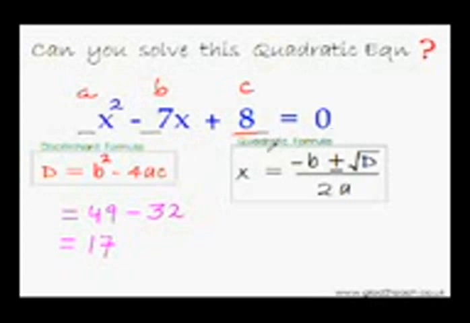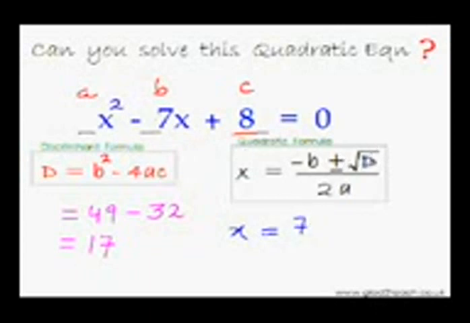So for that, we are going to use this quadratic formula. That is x equal to minus b. Since here b is minus 7, so minus b would be minus minus 7, that is positive 7,